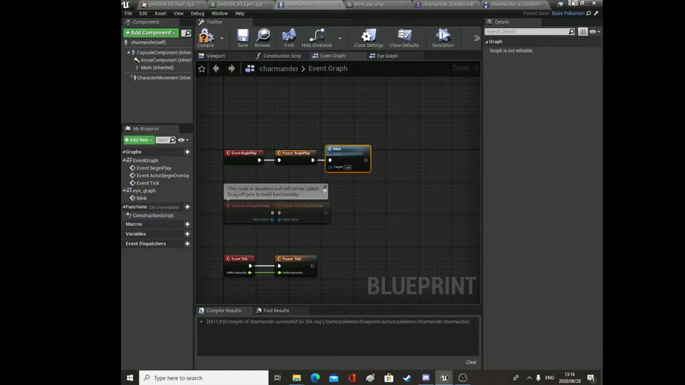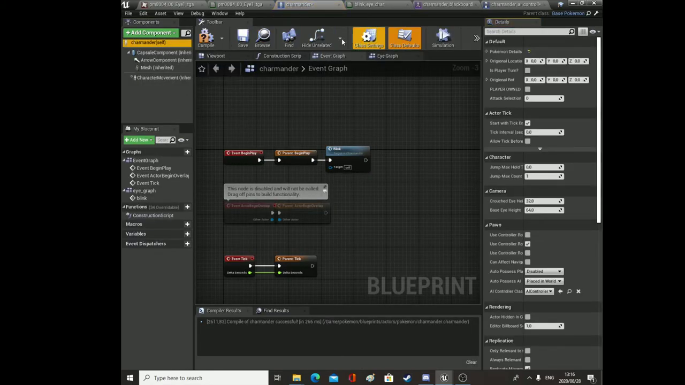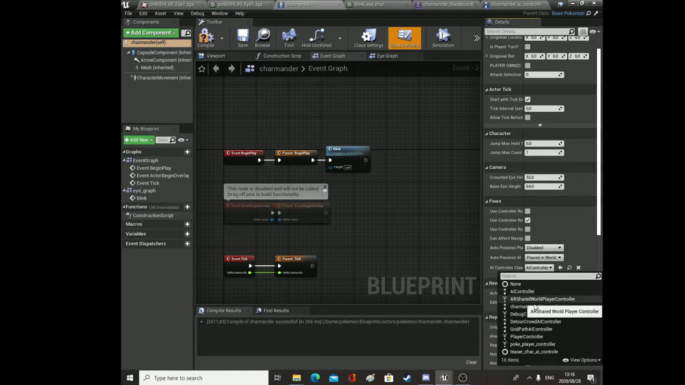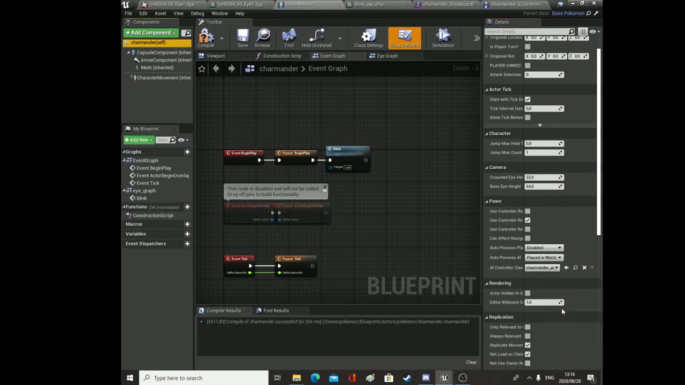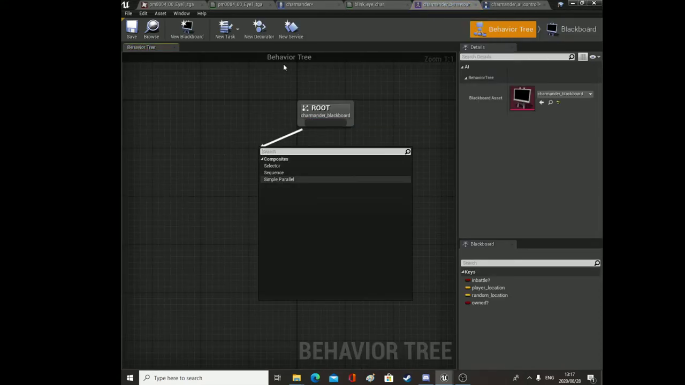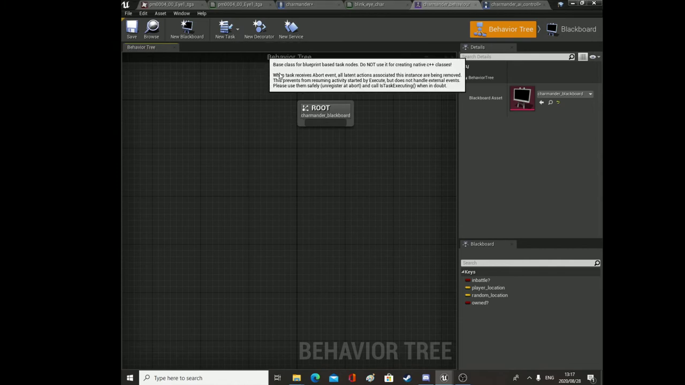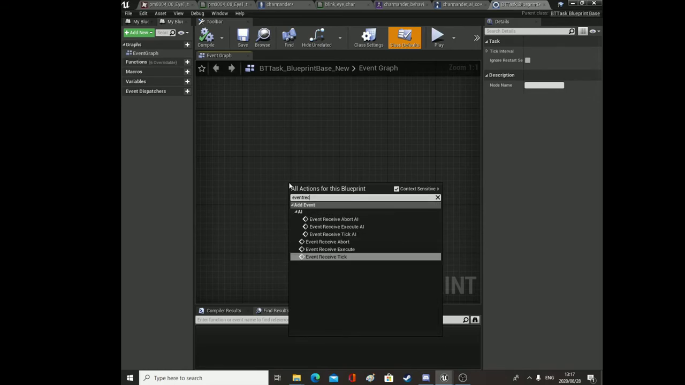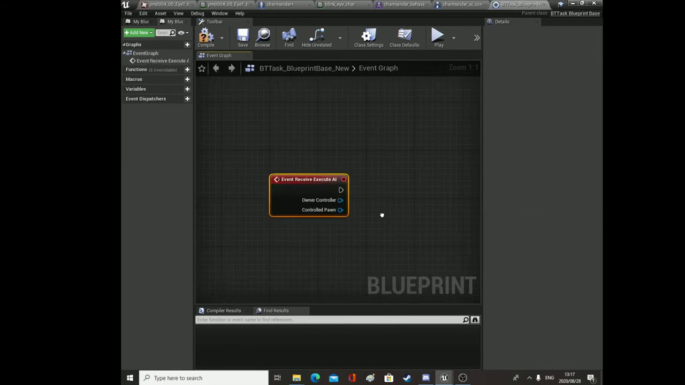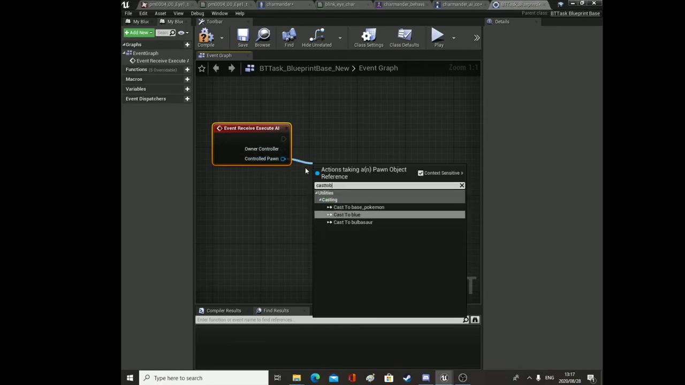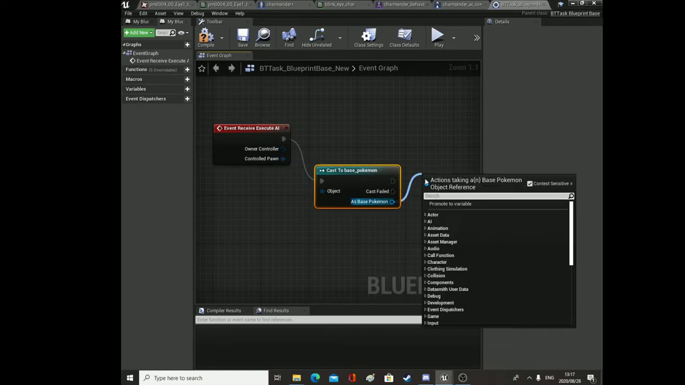Next thing we're going to do is go to our Charmander, go Charmander self. On this AI controller class we're going to use this Charmander AI controller, and compile. And then we'll go over to our behavior tree, and we'll make a new task. So we'll just use the blueprint task base, and I'll say event receive execute AI, and we're going to check and see if we're in battle. So we'll cast to base Pokemon, get